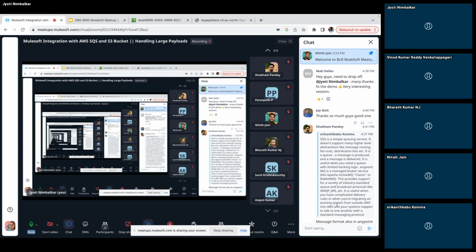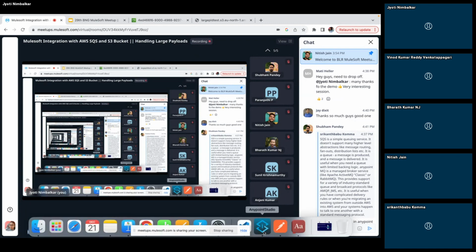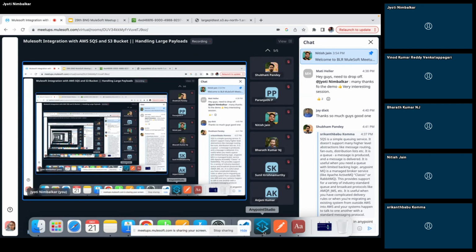Sorry, just one quick question from my side. This is Rajesh here. When you configure the S3 bucket name for the large payload, you haven't provided any access key or secret key. So is it the functionality of SQS that creates its own bucket, or do we need to specify the specific bucket? Yeah, the bucket I had already created. We have to create it before using it.